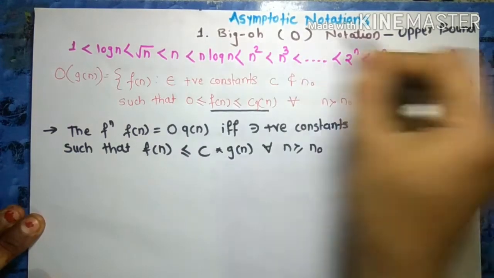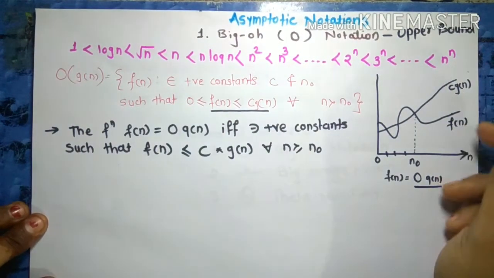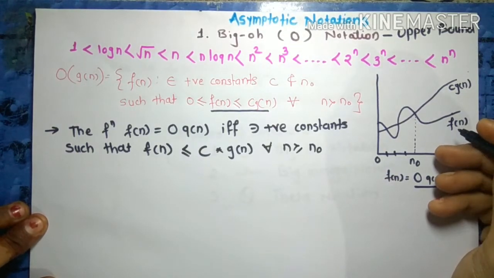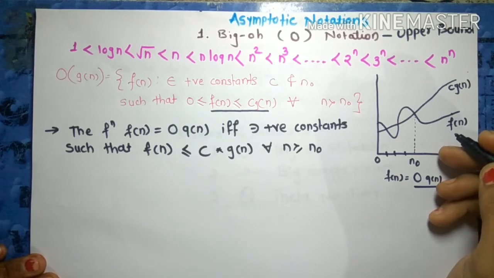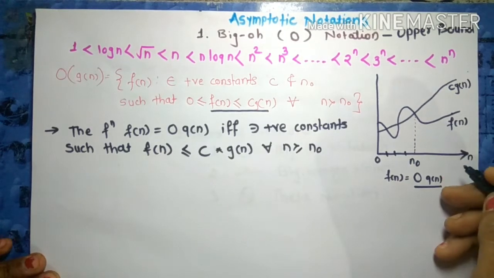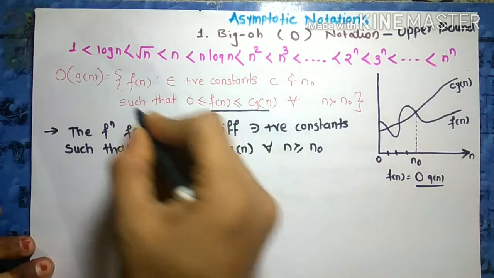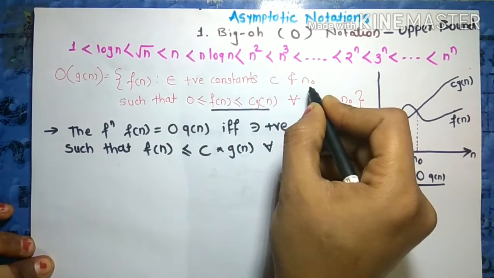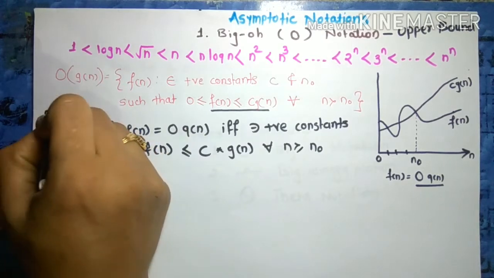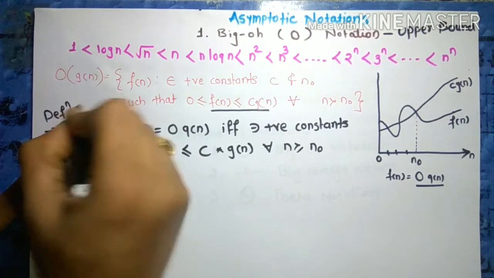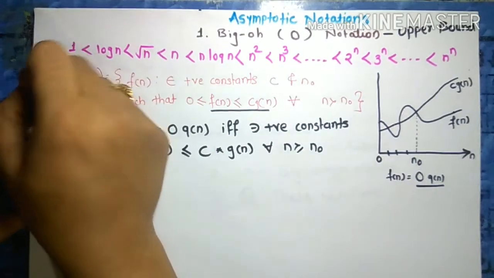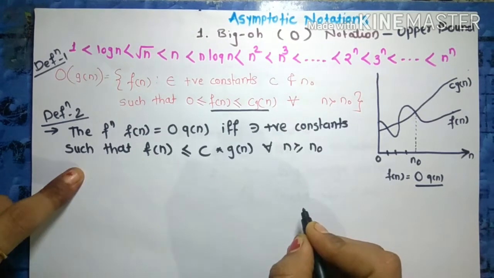So big O notation is widely used because we are always interested in finding the worst case. Whenever there is no idea in our mind, we mostly count the worst cases to frame our ideas. We can frame this definition of big O in another format also. This is definition 2 and this is definition 1. Not a large difference between these two.